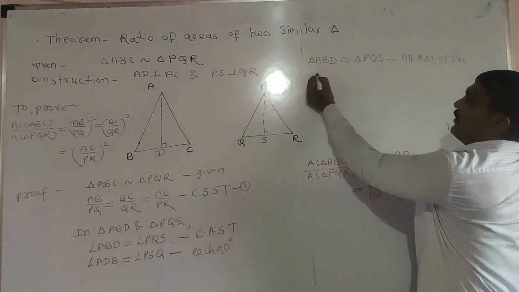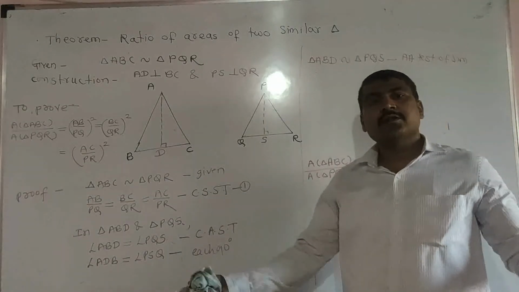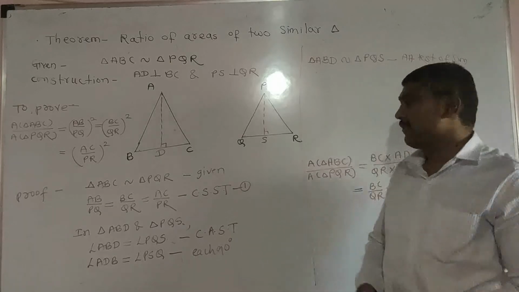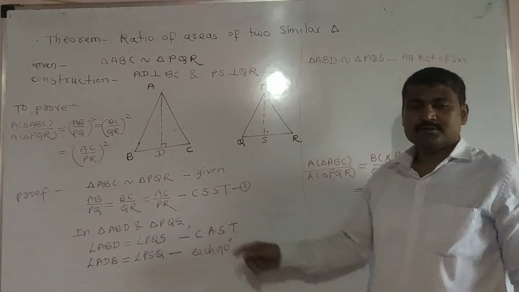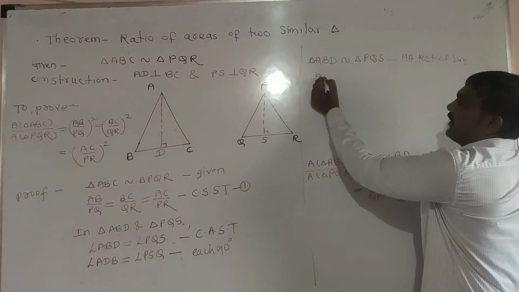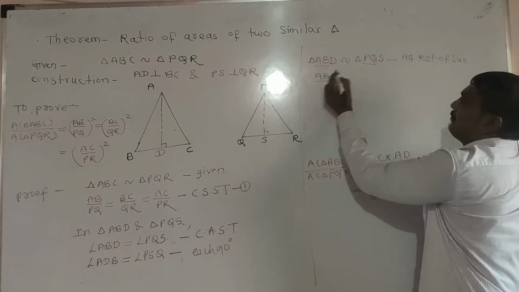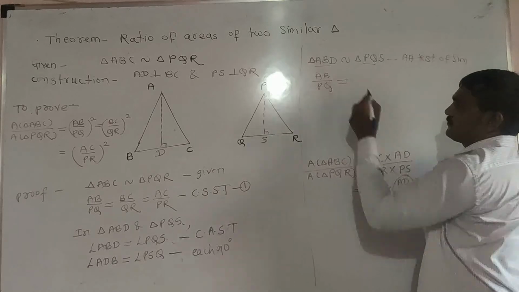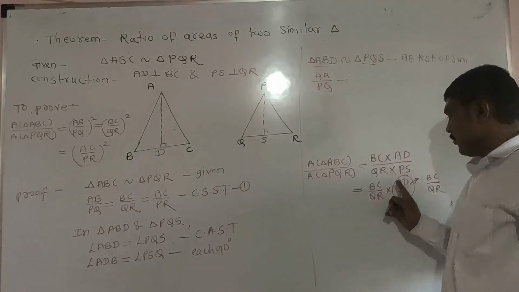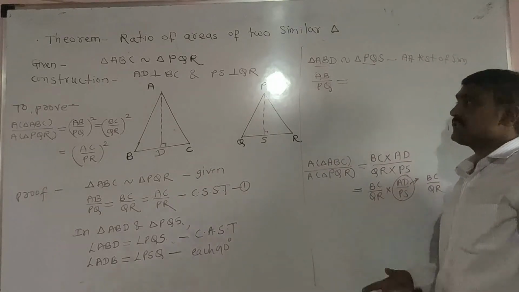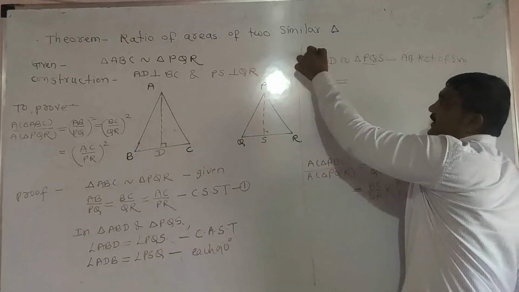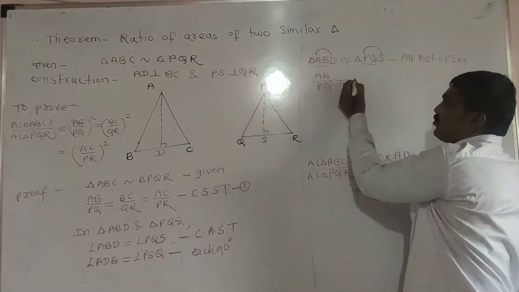Then we can write, when two triangles are similar, the ratio of their corresponding sides is the same. CSST. So when you write AB, what is the corresponding side? AB upon PQ. Understood? And what do we want? We want AD upon PS. Is there AD upon PS? AD upon PS. So we can write